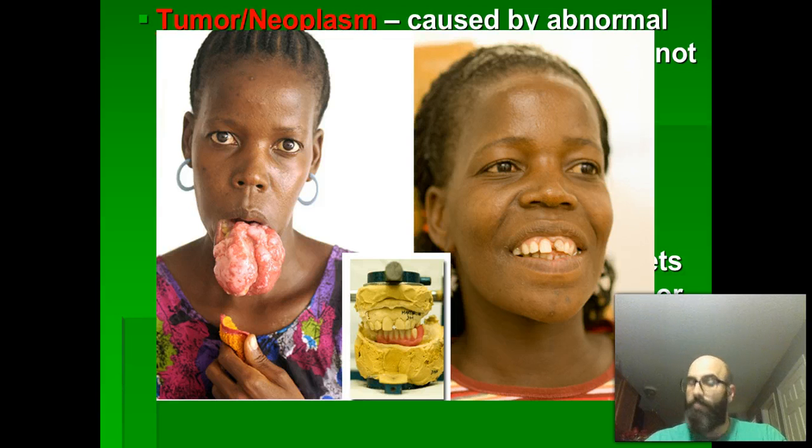This is a benign tumor. As gross as it may be, it's not altering the function of neighboring cells, but however, it is altering the homeostasis of her entire body, because when you have a tumor on your lip like this, it becomes very hard to eat. Once it's removed, boom, good to go.